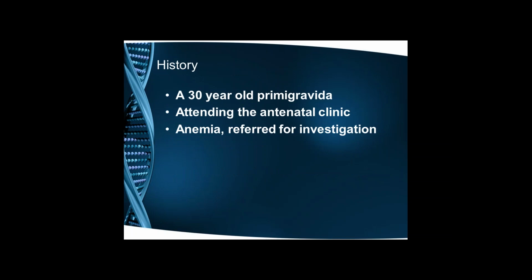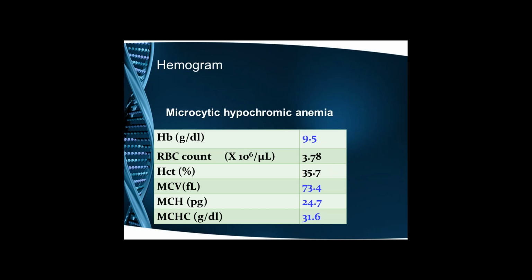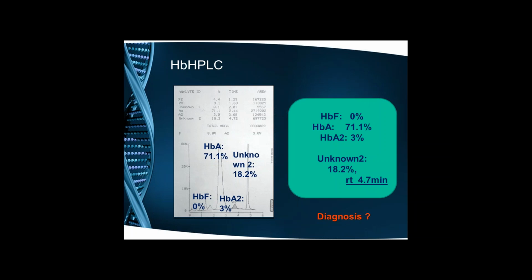This is probably the last case. A 30-year-old primigravida went to an antenatal clinic, was found to have anemia, and was referred for investigation. She had a microcytic hypochromic picture on hemogram. What we are suspecting here is probably beta thalassemia trait. But in the HPLC, what we found was that A2 was at a normal level of 3%, but